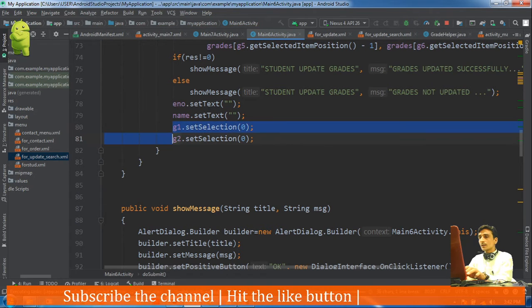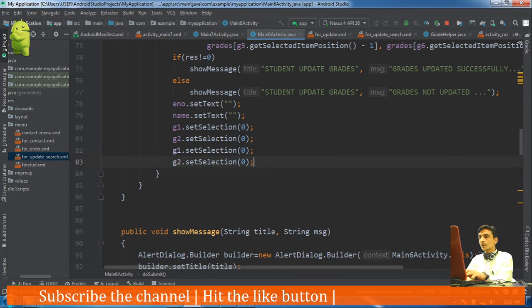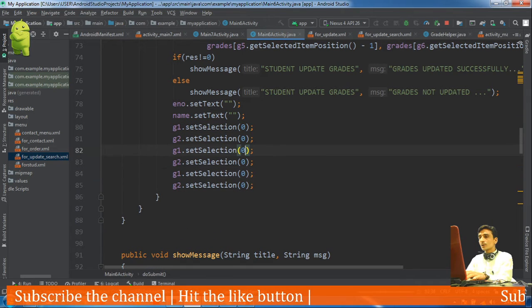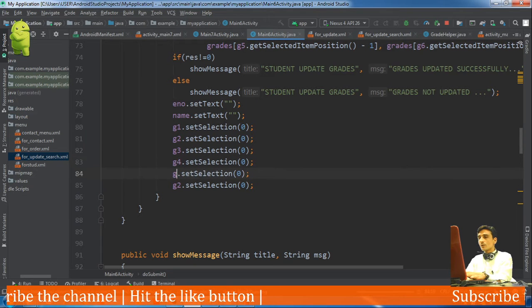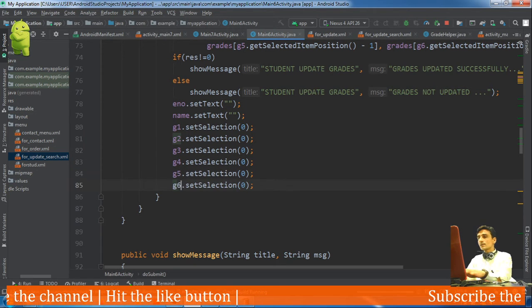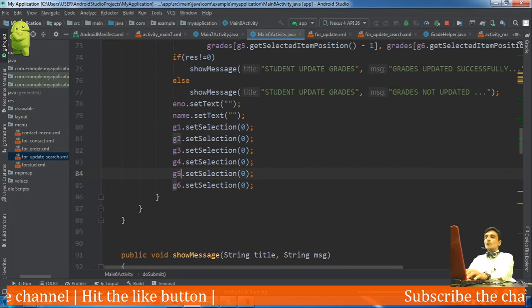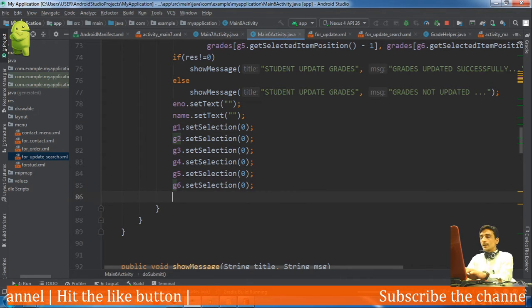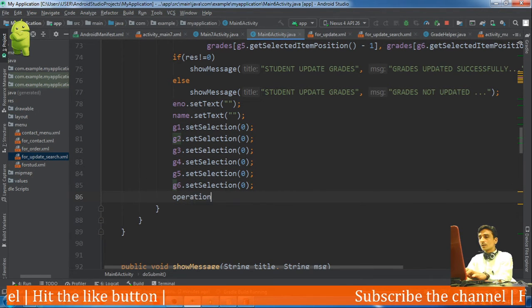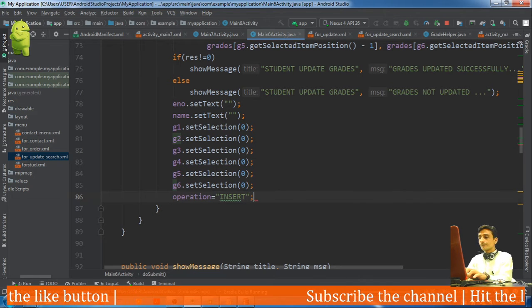Similarly for the remaining 4 spinners, okay, G3, G4, G5, G6, okay, and the operation equal to insert, okay.